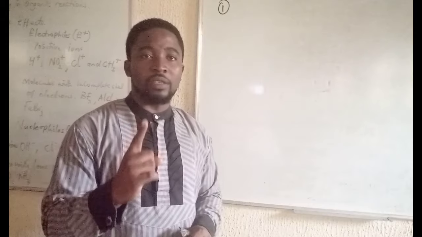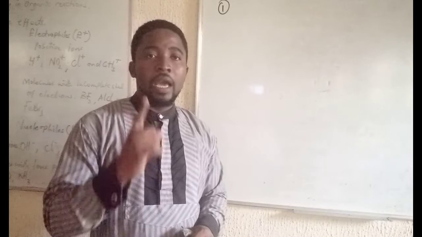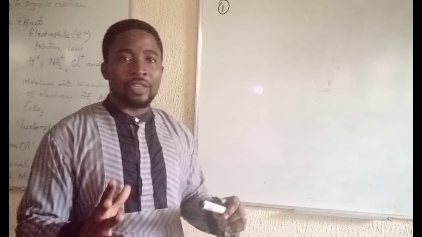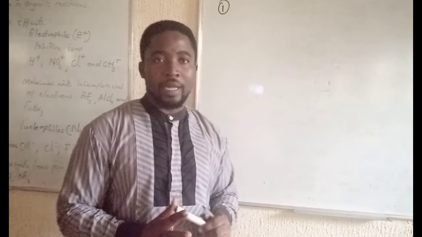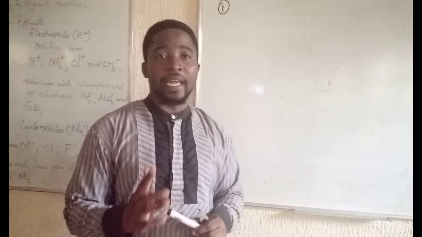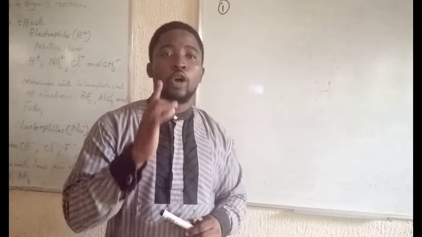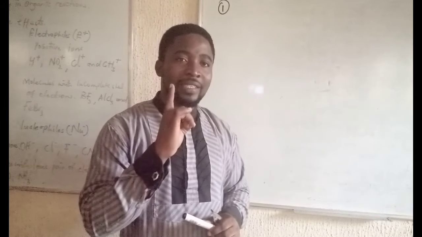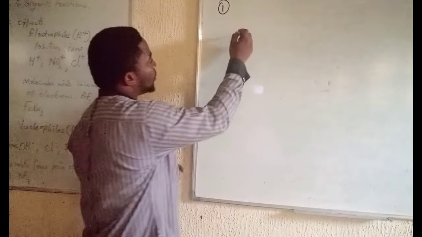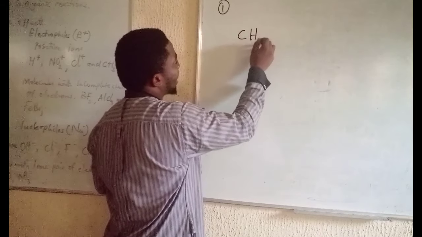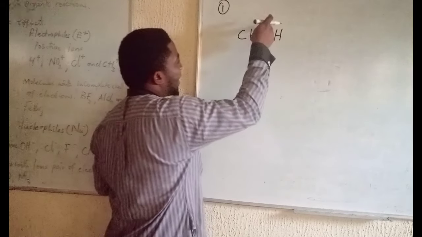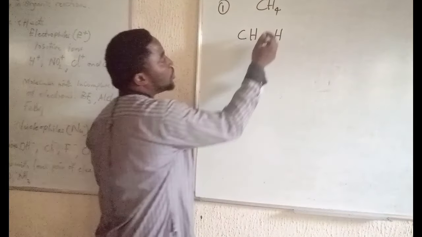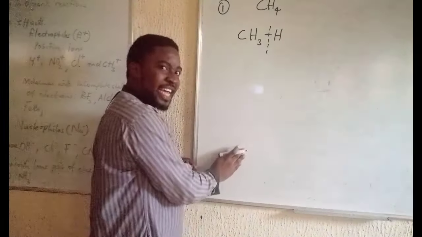The first one is free radical. A free radical is an atom or group of atoms that's electrically neutral. That is to say, it is neither positive nor negative, but contains an unpaired electron. For example, when the covalent bond binding the methyl group and hydrogen in CH4, that's the methane molecule, is broken evenly,